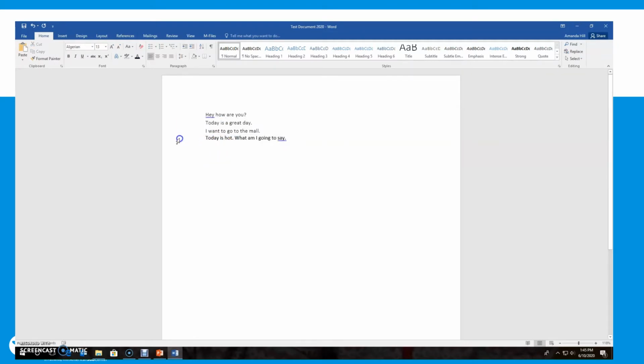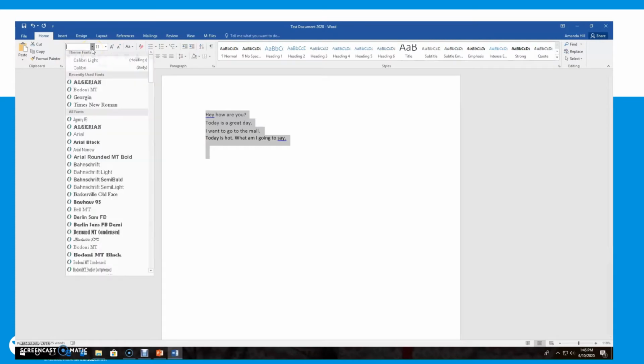If you're wanting to select the entire document, instead of having to click and drag and scroll all the way up, you can just go to the margin and click 3 times, and it should select the entire document. 1, 2, 3. Oops, I clicked 4. 1, 2, 3. There we go. And so now the entire document is highlighted, and then we can go through and we can edit the font here. So the first thing I want to show you is the actual font